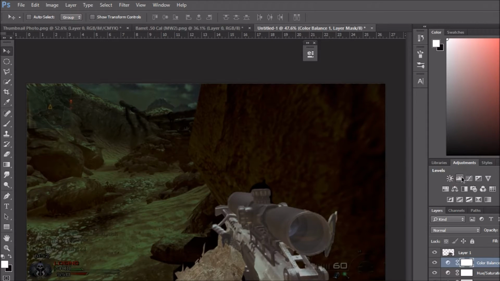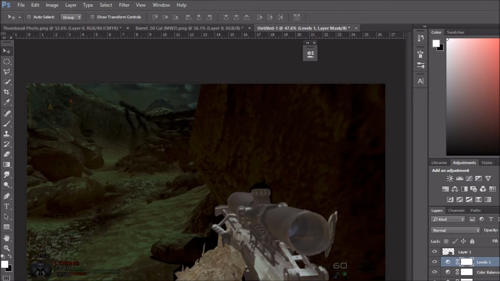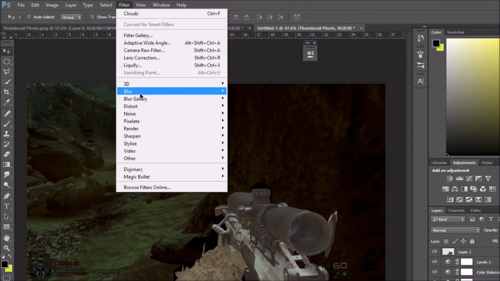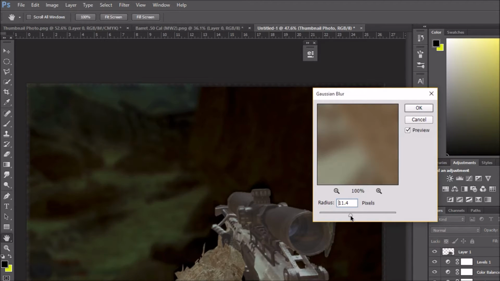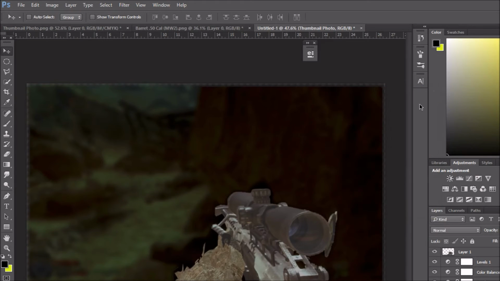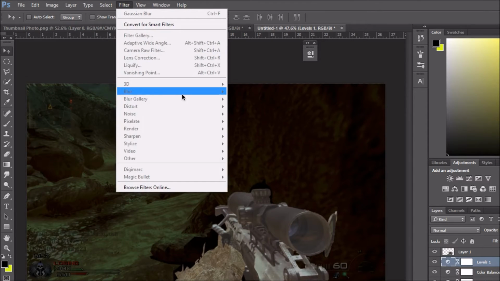And then usually if it's too bright, I'll go to levels and I'll bring this over. So once you're done with that, you want to go ahead and select that bottom photo again, go to filter, blur, Gaussian blur. You can do this however you would like to. I gave it a good bit of blur because I don't like it to be too seeable. If that's too much for you, you can always Control Alt Z, I think it is,